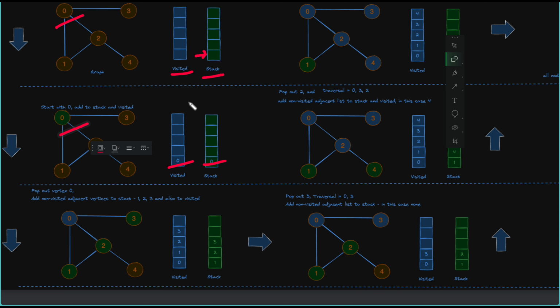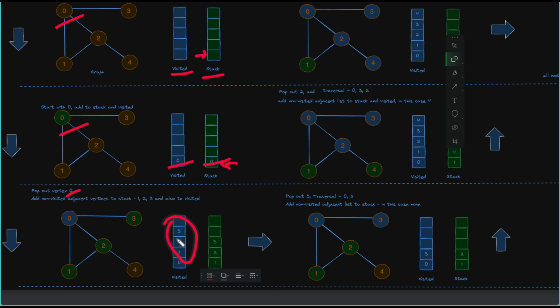Once we insert into the stack, we check if the stack is empty. The answer is no. So we pop out vertex 0 because it's at the top of the stack, and this is the only element. Then we add all the non-visited adjacent vertices to the stack. In this case, we add 1, 2, and 3 to the stack, and also to the visited list,